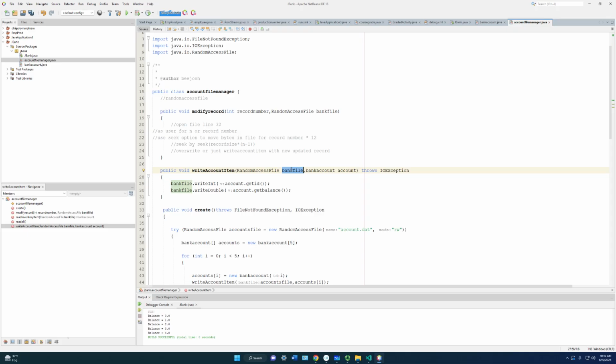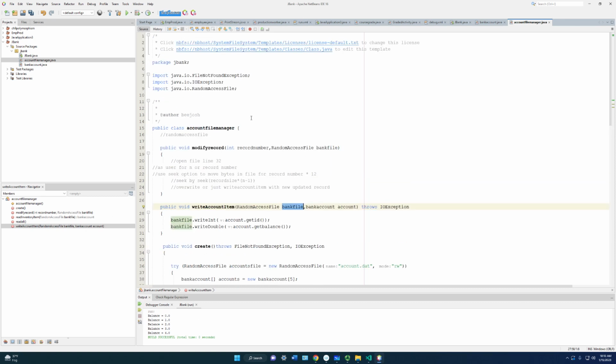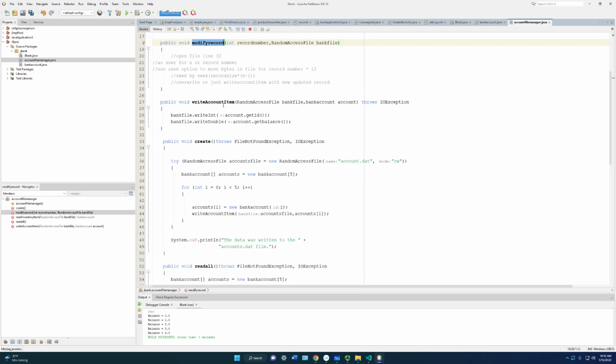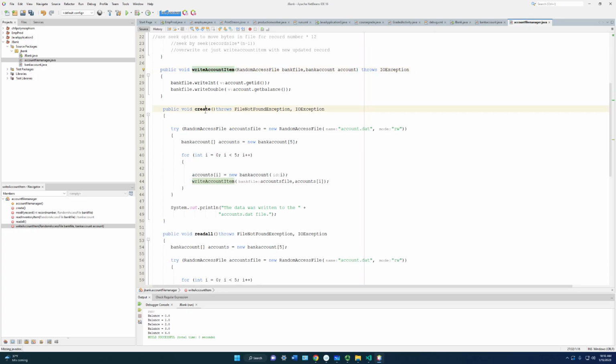And this will give you a head start. Okay, so let's go from the very beginning, the account file manager. Bring in my file management code. Here's my modify record function that you're going to be getting into. We're going to write an account item to file. We create the file,